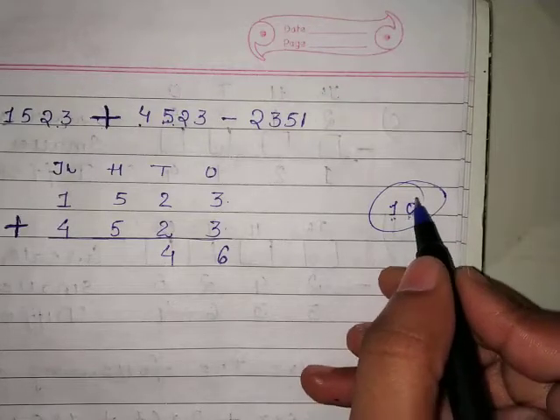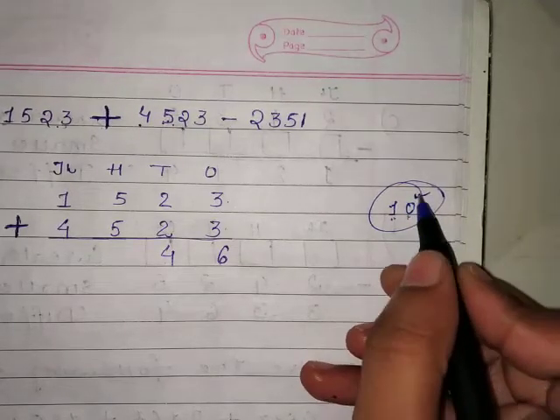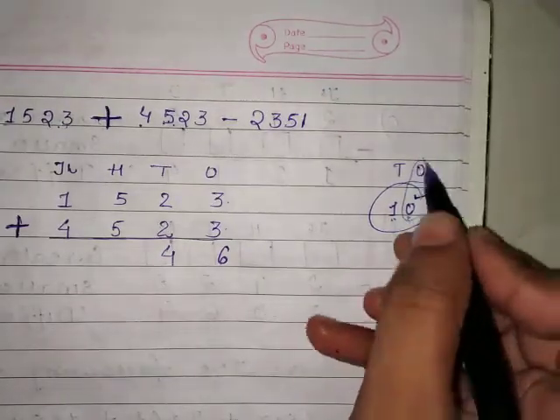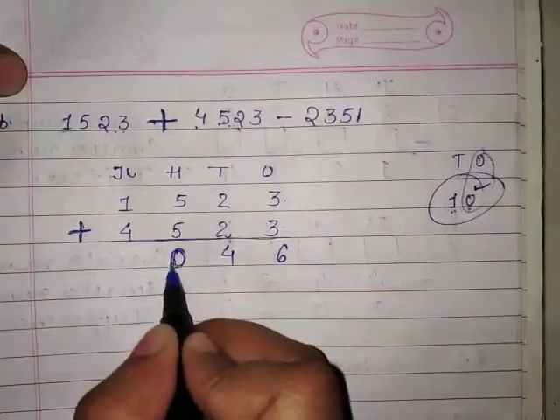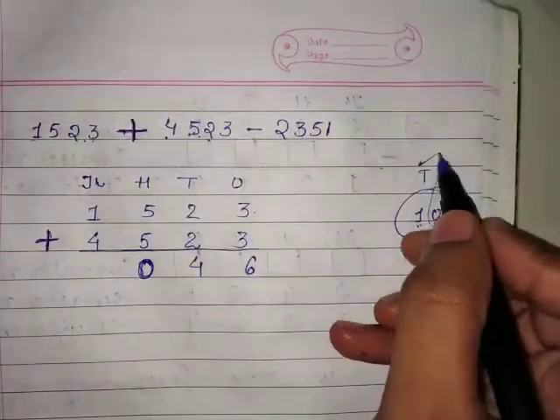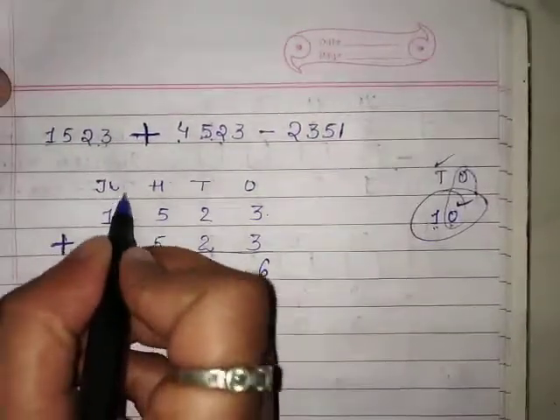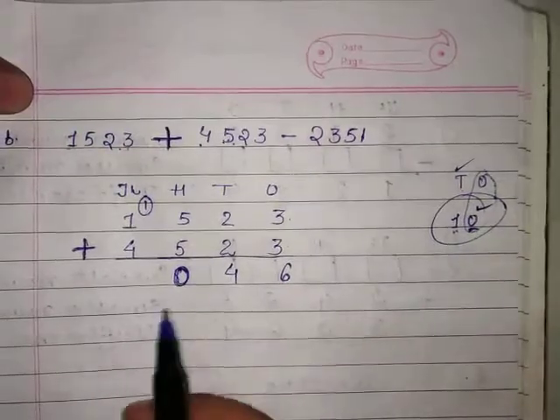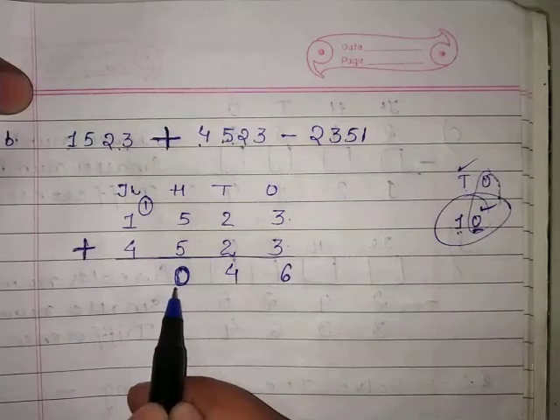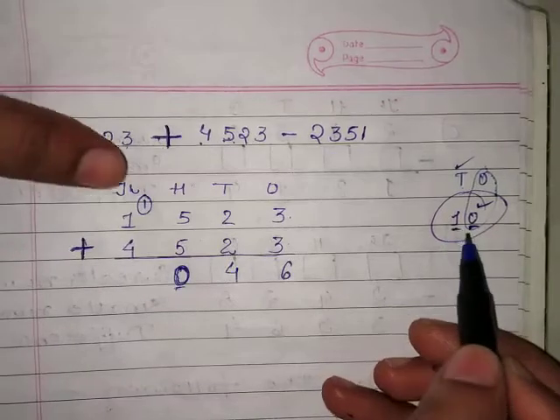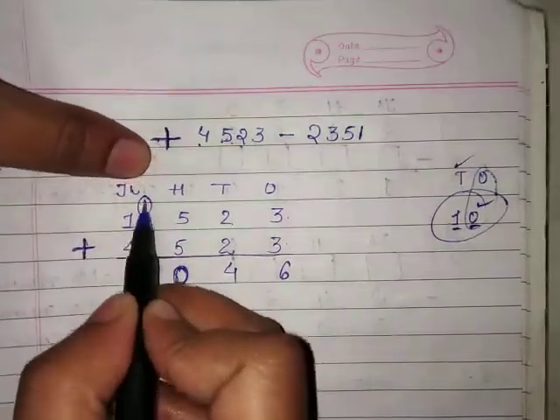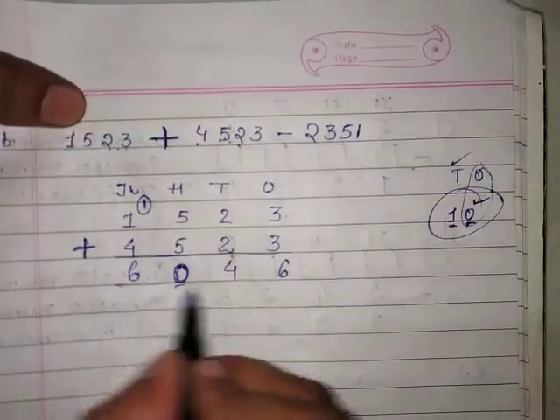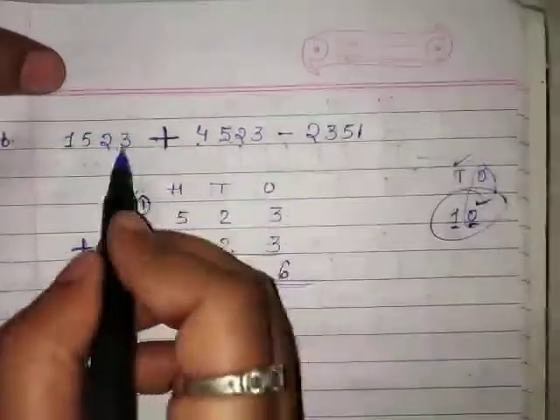So which number will we write? The number which is at the ones place. See, ones, tens. The number which is at the ones place, we have to write down, and the number which is at the tens place, we have to carry. Alright? So here we have written 0 down and 1 as the carry. So 1 plus 1 is 2 and 2 plus 4 is 6. So this is the addition of these two numbers.